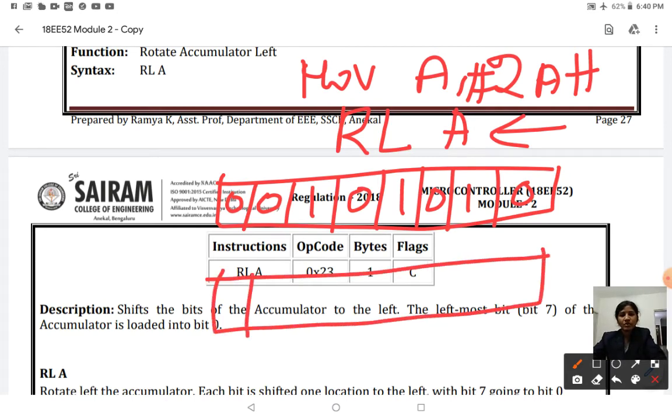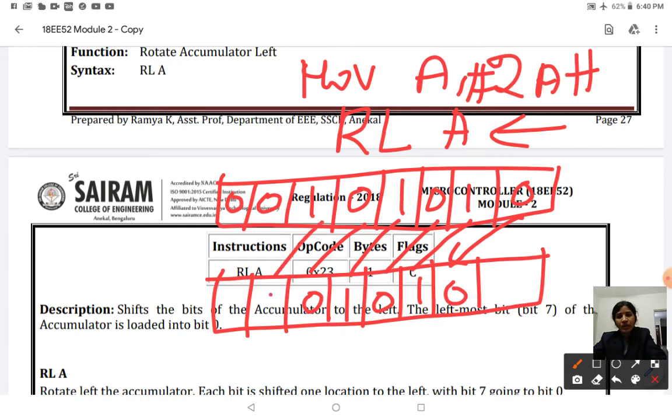So here also 1, 2, 3, 4, 5, 6, 7, 8. It is going to shift left, that is rotate left. So this particular content is going to come over here. Then the 1 will take the next position, 0 will take the next position, 1, 0, 1, 0, and this is going to rotate to the next one.